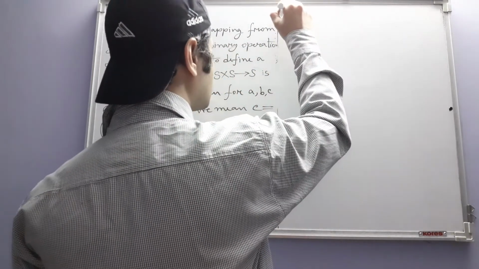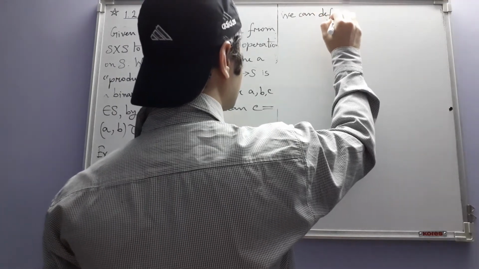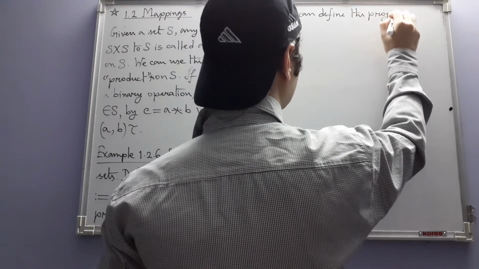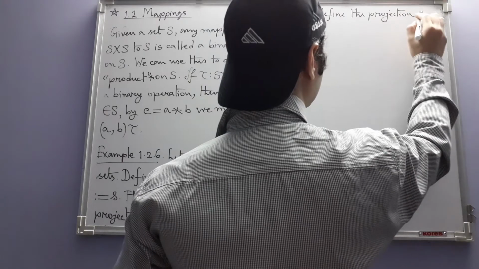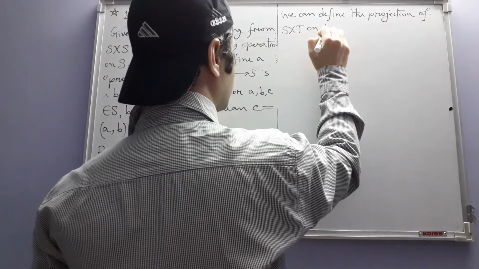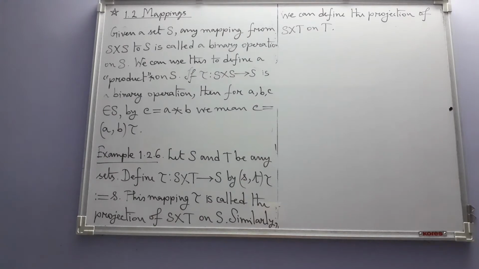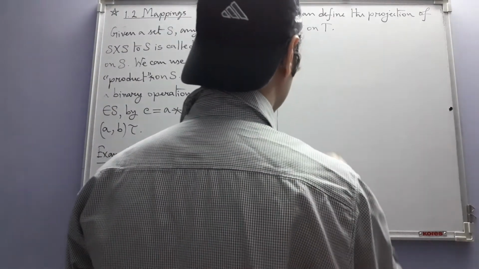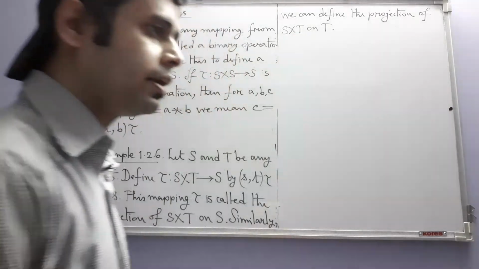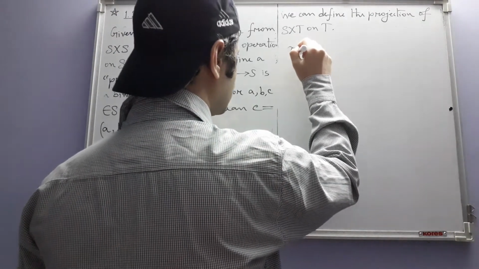Similarly, we can define the projection of S cross T on T. To understand why such a mapping is called a projection, in place of S and T, let us take the set of real numbers. So if we have this mapping,